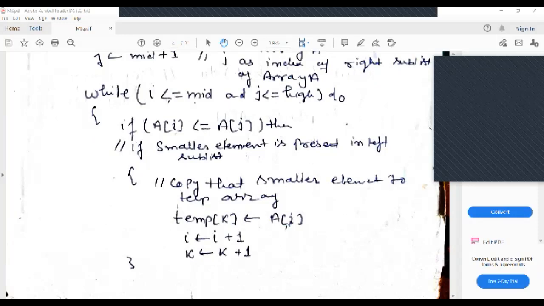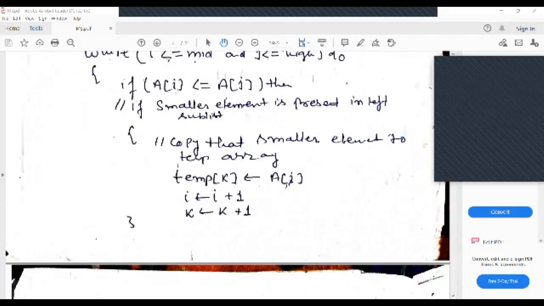Again, you have just put that first element in the temporary array, which is nothing but your sorted array, then again increment this, k is equal to k plus 1. So it's very simple. This condition is ensuring which one is smaller, and according to that you put that smaller value in the temporary array, and increase the value of i if the first sublist is having the smaller value. And obviously at each and every step you have to successively increment the value of k if you are putting any element in this temporary array.